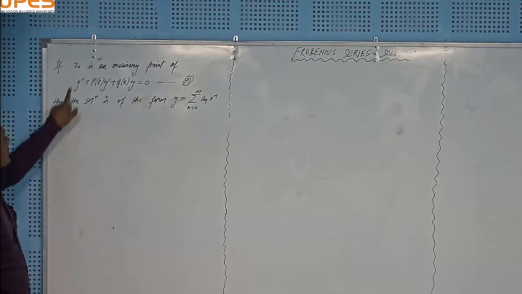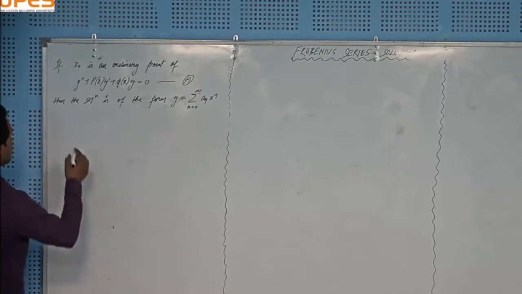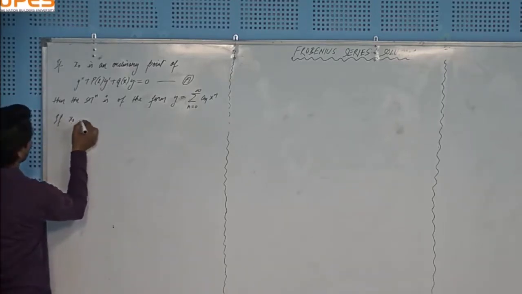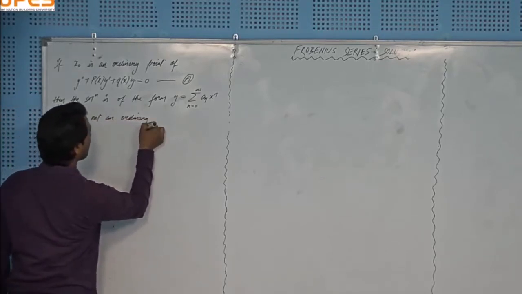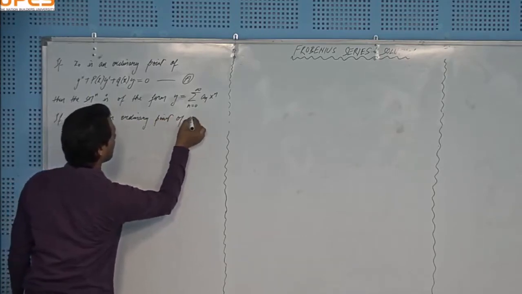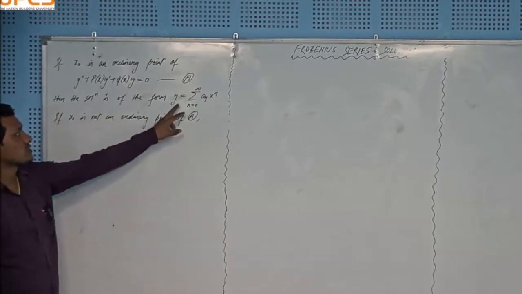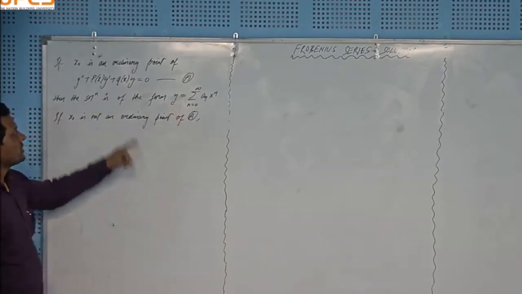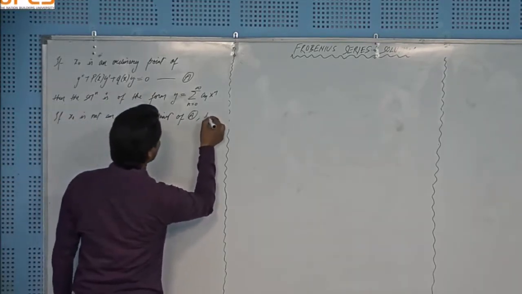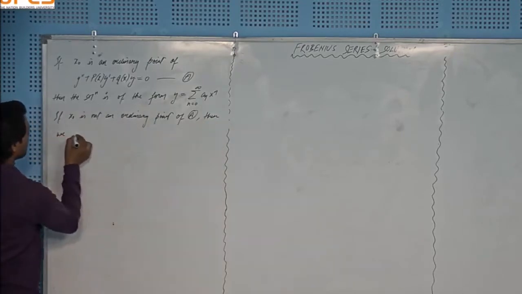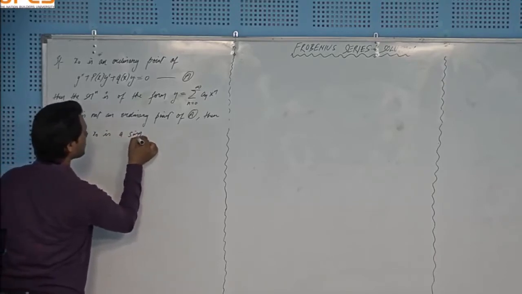But what happens when x naught is not an ordinary point? This will be the main focus of this video, right? So if x naught is not an ordinary point of equation A, right, then surely this method will not work. We have to do some modification on this power series in order to obtain the solution of this equation A, right? If x naught is not an ordinary point of A, then we say that this x naught is a singular point,